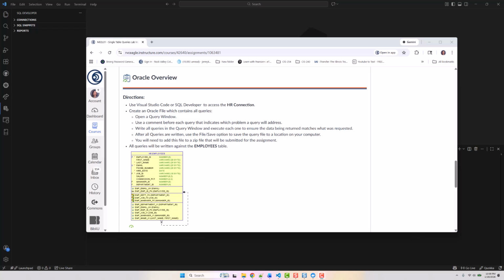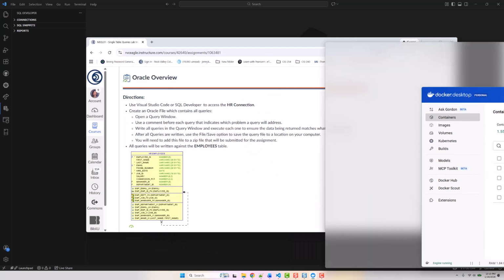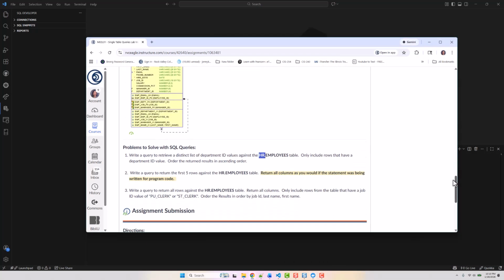The very first thing that we want to do is, if we have our SQL Server database running, we want to stop that. We want to go ahead and start our Oracle database. That's our first step. Then we're going to go ahead and look at our problem that we want to solve,